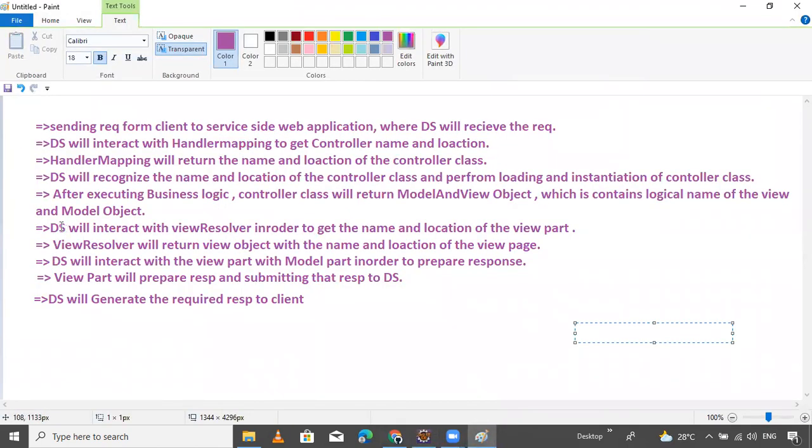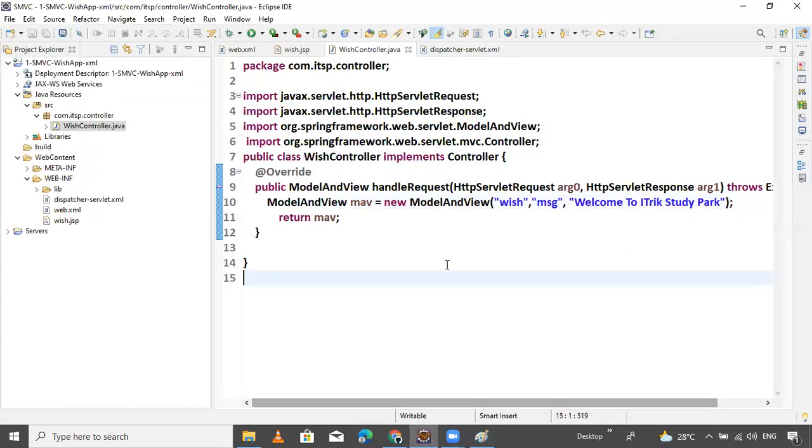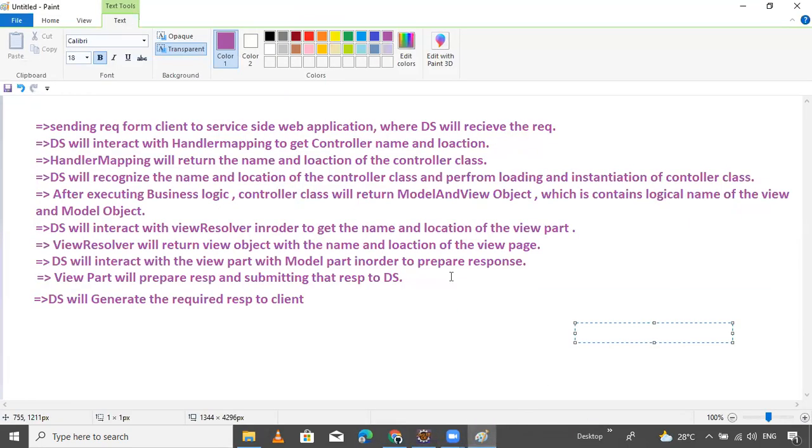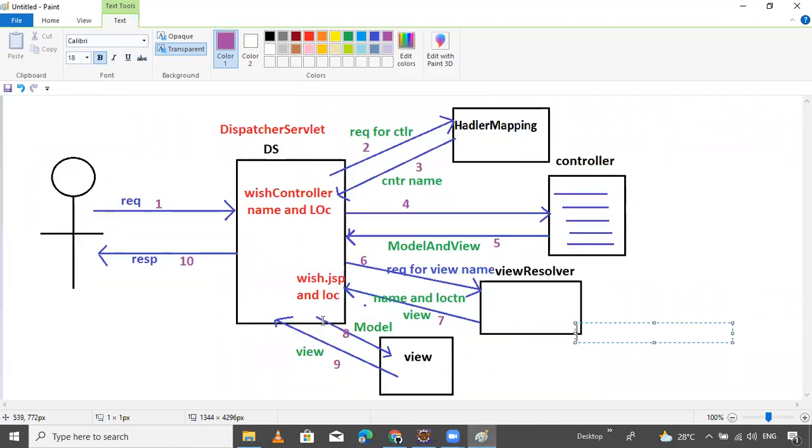Okay. The dispatcher servlet will interact with the view resolver in order to get the location of the view part. After getting the model and view part, the dispatcher servlet will interact with the view resolver for what?